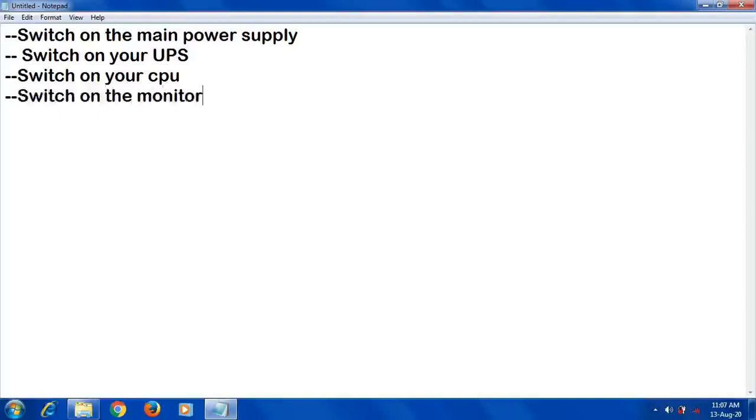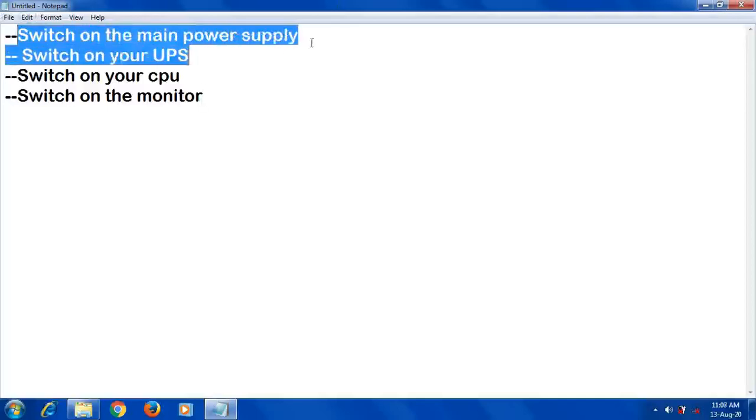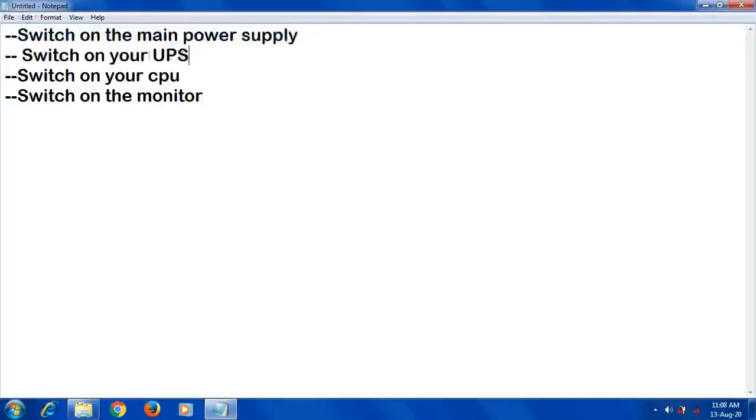When you switch on, you will see the desktop screen of Windows 7. These are the steps to switch on the system: first, the main power supply, then the UPS, then the CPU. CPU means central processing unit. Then switch on the monitor if it is turned off. Once it is on, you can see your desktop screen on the monitor.